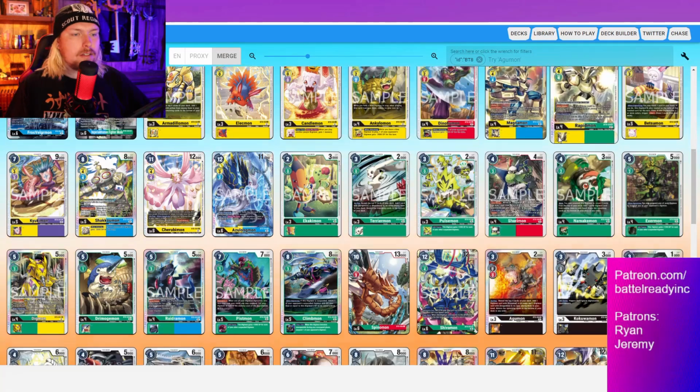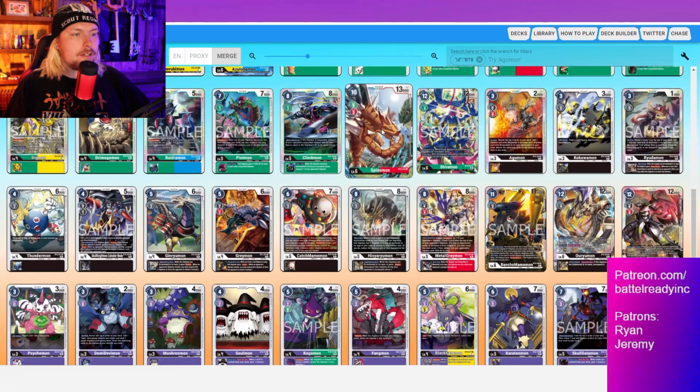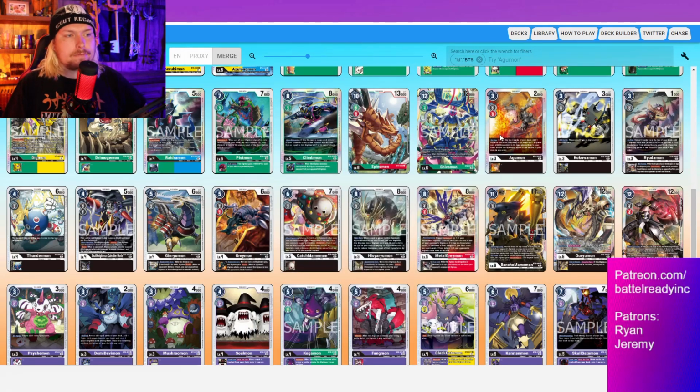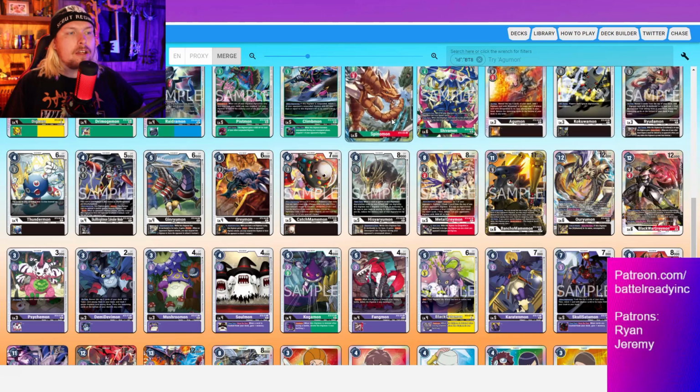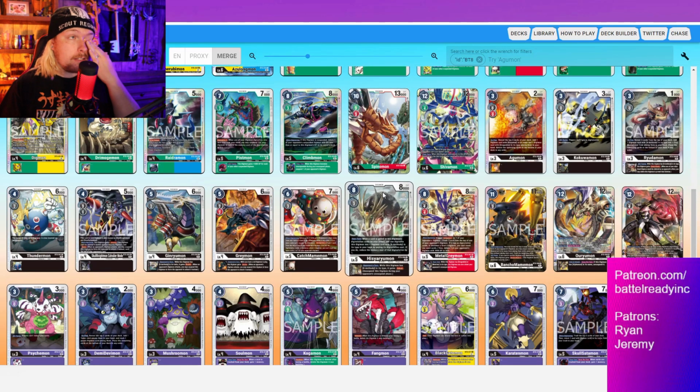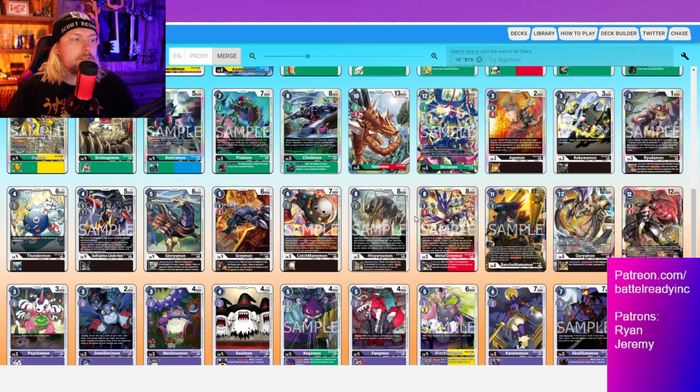It's okay. Moving on to the next red cards, we got Spinalmon here. Another just vanilla, like the same thing we saw earlier. We got that 13,000 DP for 3 Evo cost mega. I don't know. If you know any strategies that really specialize with this, let me know. Like I said, the black one with Sunazera seemed interesting to me, but besides that, I'm not